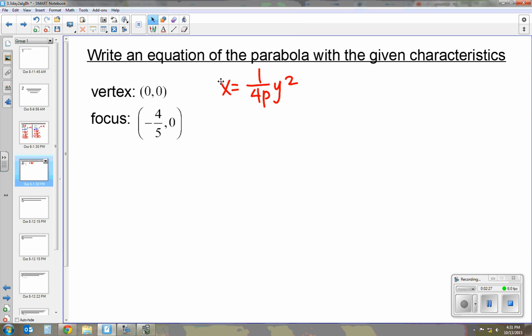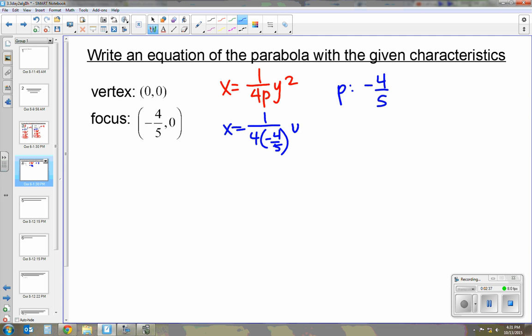We have to find our value of p, which is negative 4/5. So let's plug this in and simplify. Negative 16/5. So x will equal negative 5/16